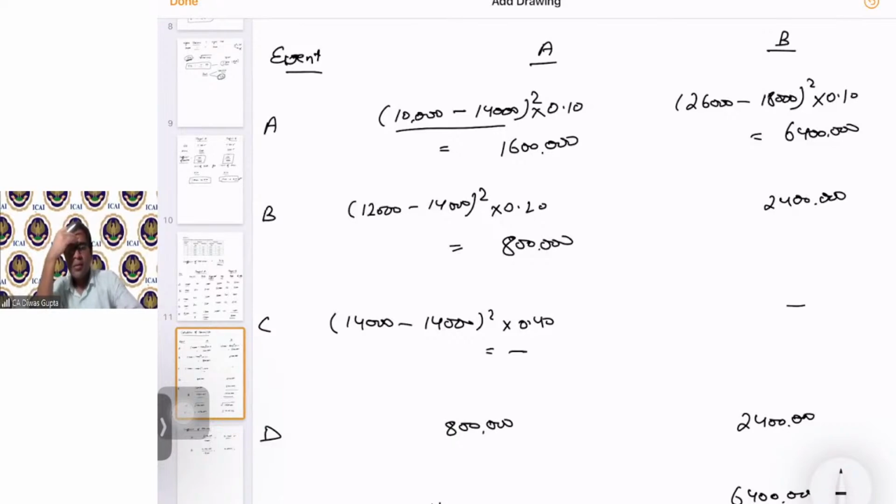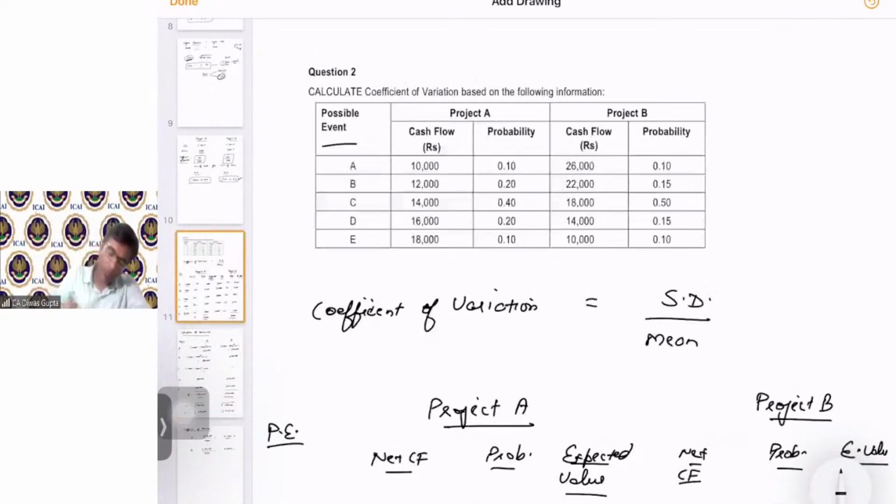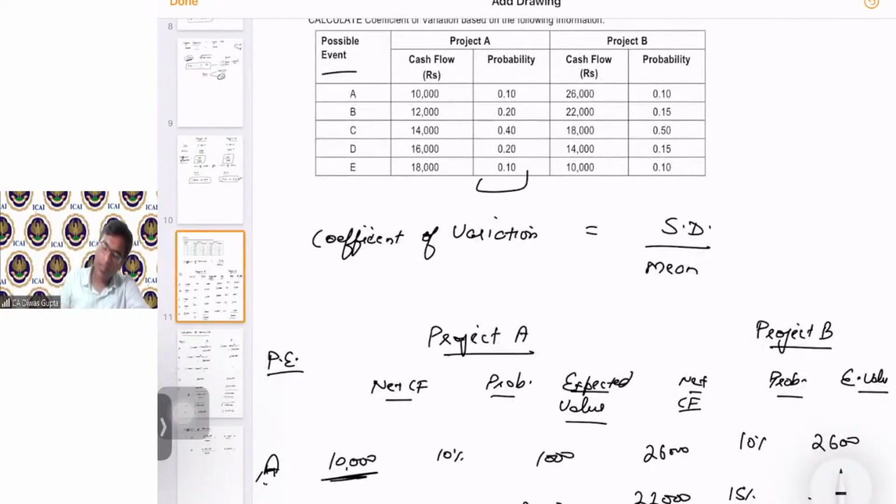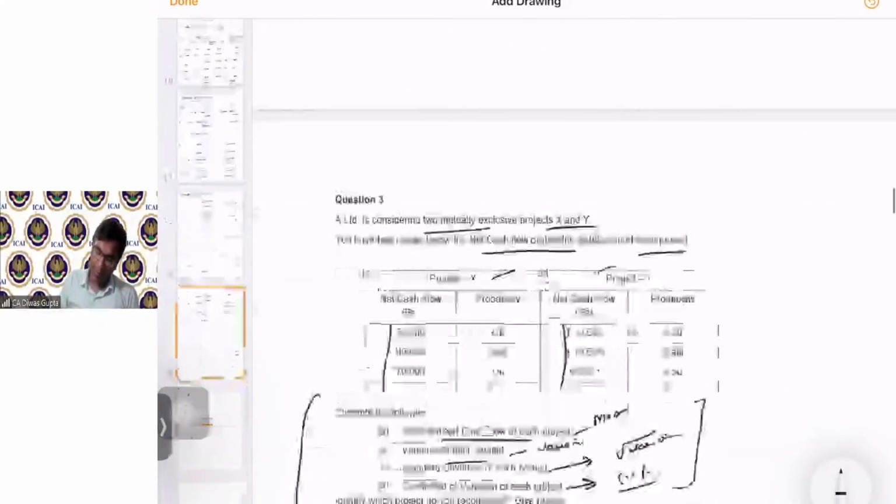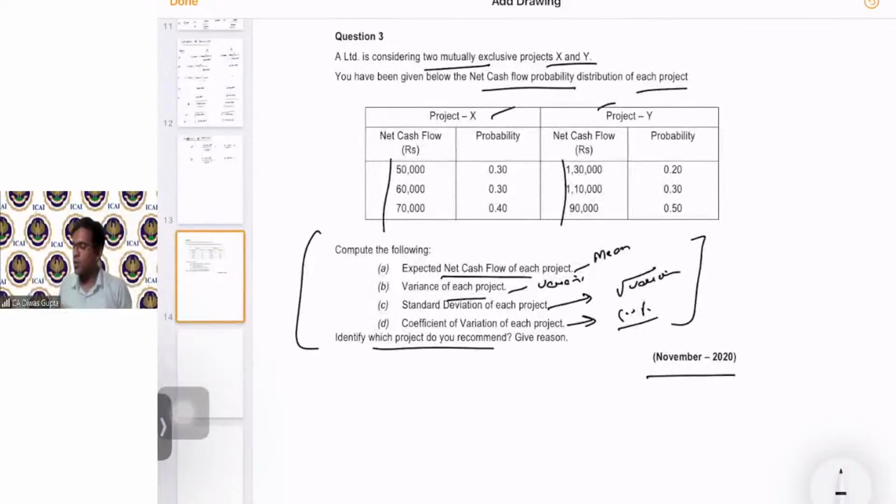Okay, Varsha? Darshan asks what can be done if the sum of probabilities under each scenario does not total to 1 or 100%. So always, Darshan, it will total to 100%. Otherwise, some part is missing in the question. Practically, it's not possible that you are estimating for 30%, 70%, 90%, and not for 100%. That is not possible. So always it will be 100%. So question number 3, I am skipping this because it is very similar to what we have just now seen.